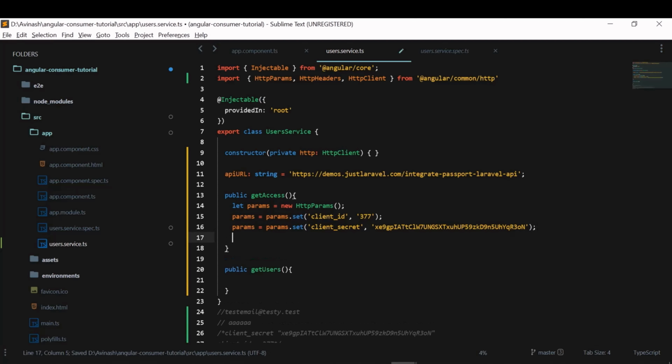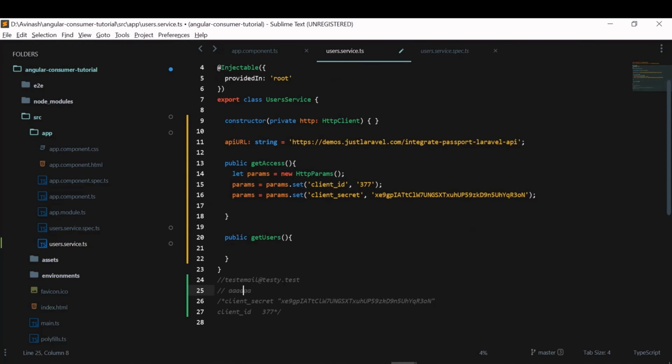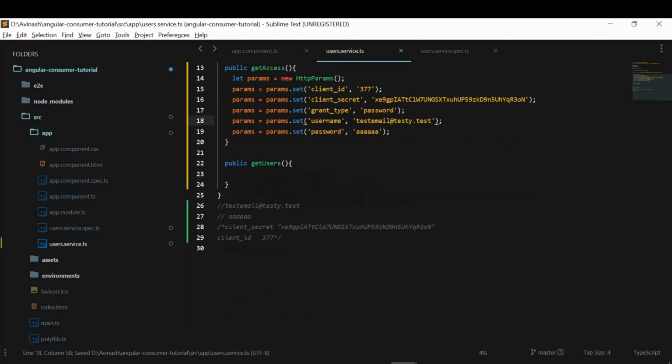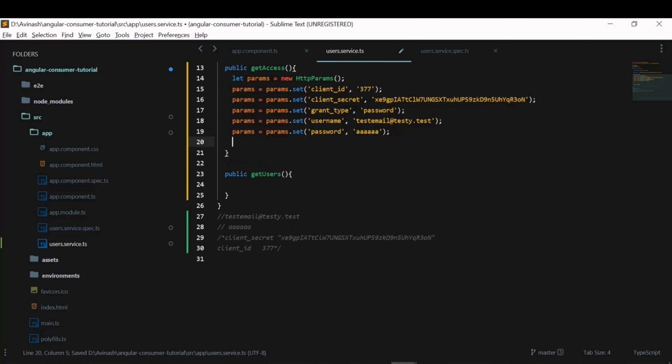Next, we need to set the grant type. As we are using password for registration here, I'll just set the grant type as password. Now we set this grant type as password, and now we'll get the email and password. And finally, we need to set the scope. The scope is star, that means the value will be star.